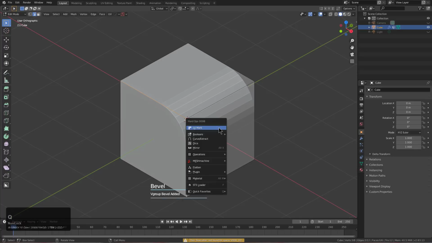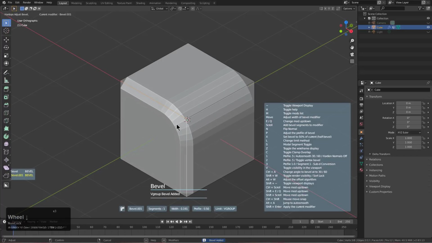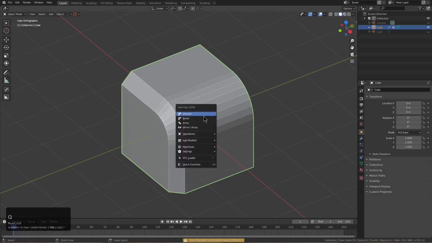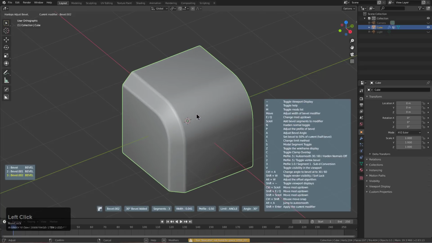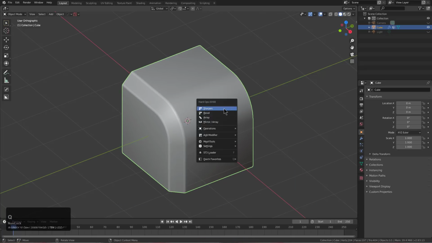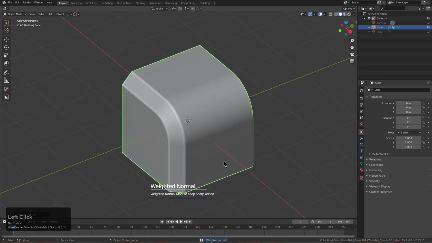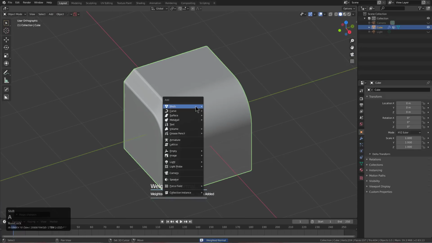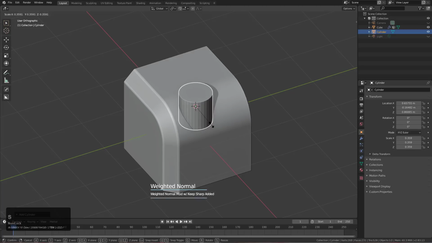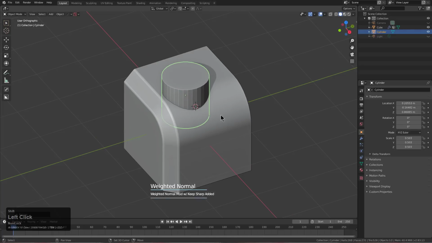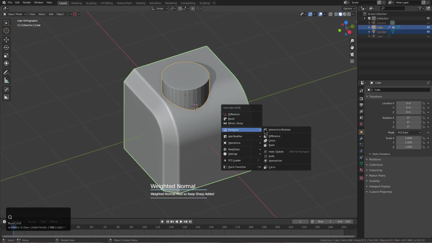If we wanted to do that again, we could also control click bevel to add a bevel here. And then in object mode, control click bevel to add a large bevel over the rest of this form, and then alt click sharpen in order to get the shading just right. If we were to take a shape similar to this and just select both of them, and under booleans perform